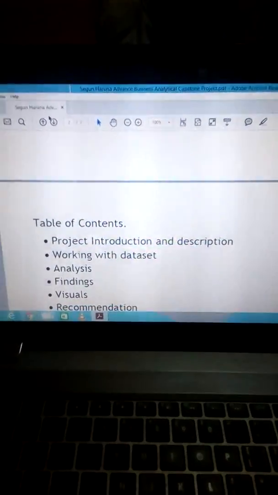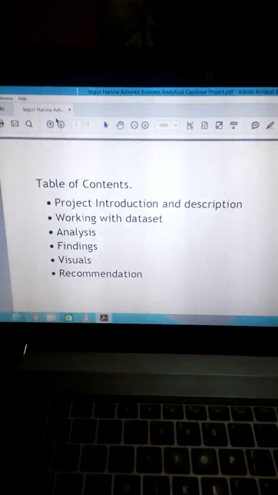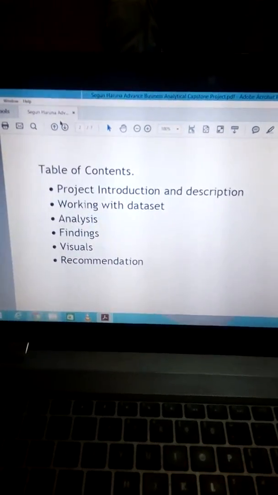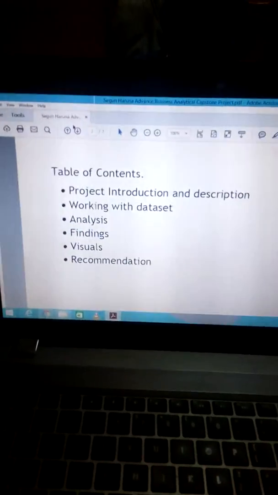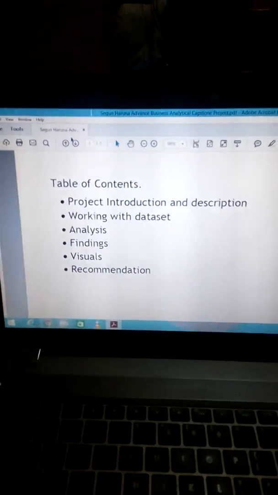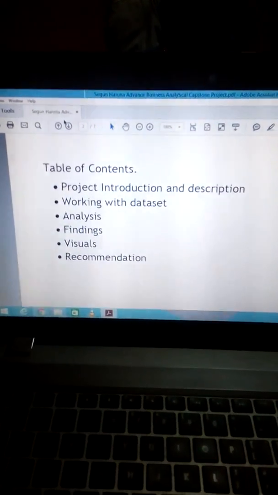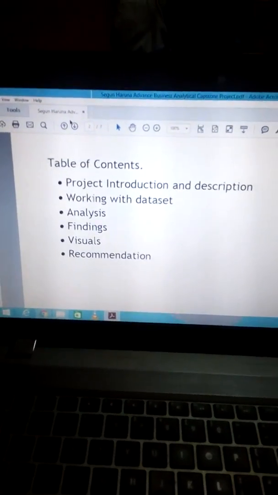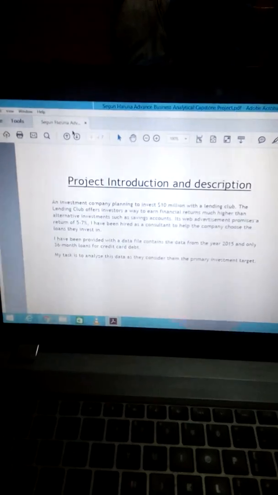This is my table of contents. Number one, the project introduction and description. Number two, working with the data set. Number three is analysis. Number four is my findings. Number five, the visuals, I'll talk about visuals. And number six, my recommendation. So, starting this way,